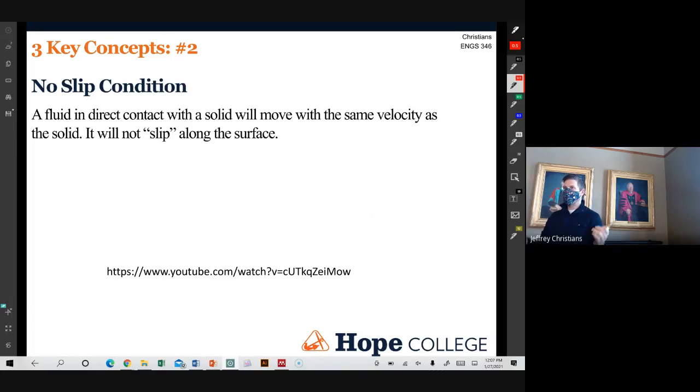If you have an airplane flying at 500 miles an hour, the air on the body of the airplane is stationary. The air just a tiny bit away from it is moving really fast. But exactly where they meet, they don't slip along each other. They're moving at the same speed. Kind of crazy. Okay, last thing,